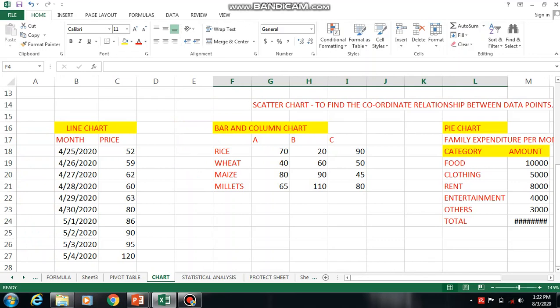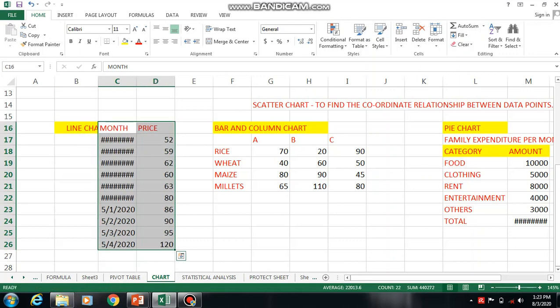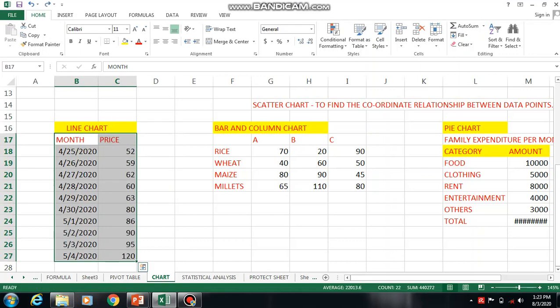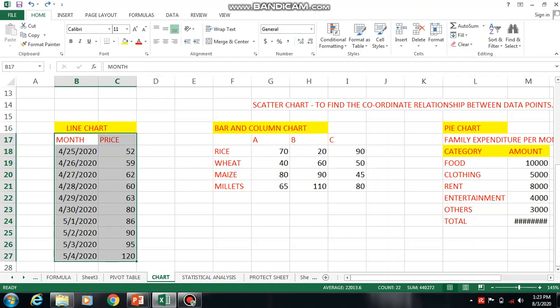Here I have the data of month and price. In this I want to find the trend, whether the price is increasing or decreasing over the months. So for this I am going for a line chart. To draw a line chart, first you select the whole range, and then you go to Insert.